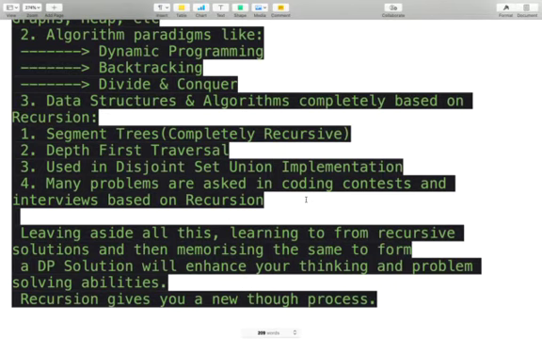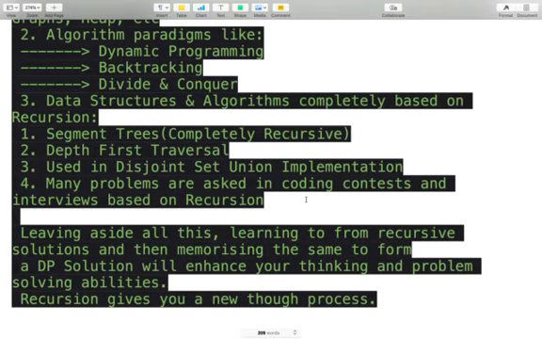We need to note that whenever we are solving a problem, we are actually solving many sub problems inside it. For example, we printed n natural numbers using recursion, so we called solve of n. Solve of n is calling solve of n minus 1, solve of n minus 2 and so on. So we have also solved a lot of other problems within the larger problem.